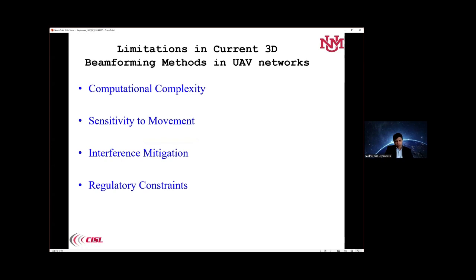Computing these 3D beamformer weights, especially in dynamic scenarios, can be pretty demanding for an aerial platform like a UAV. But related to that is the sensitivity to the movement. That is, because the environment is changing, you need to adapt your beamformer weights pretty rapidly. And you also need to mitigate the interference,